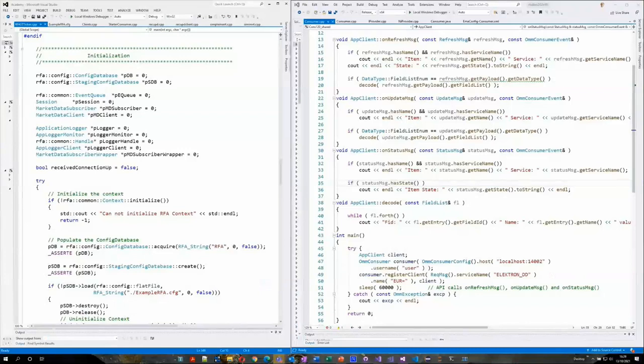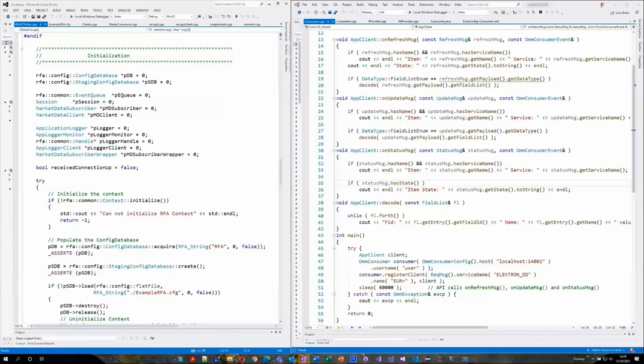So, what we're actually going to do today is I'm going to show you some SFC code and then compare it to the equivalent EMA, just so you can visualize how easy it is to migrate from SFC, C++, Java to EMA. Again, due to time constraints, I'm not going to cover the absolute basics. However, you can find more detail in the migration notes, which we'll share a link to later on. So I'm going to start with an SFC subscriber because that's the most common usage scenario for most of our SFC users.